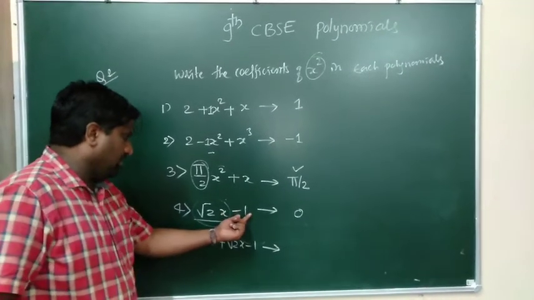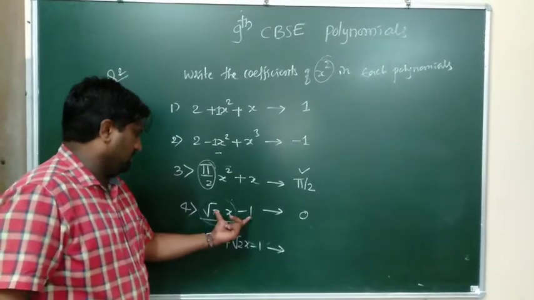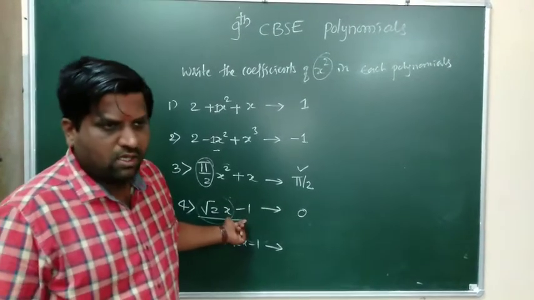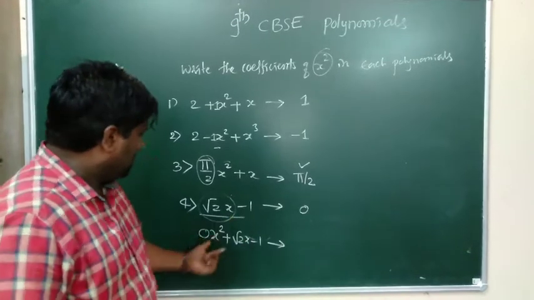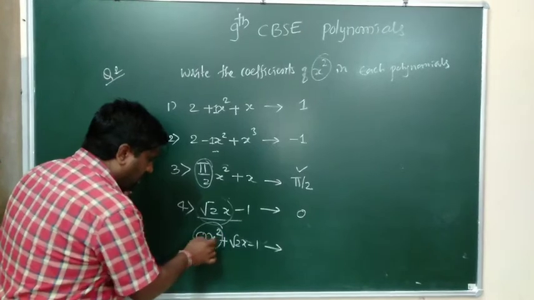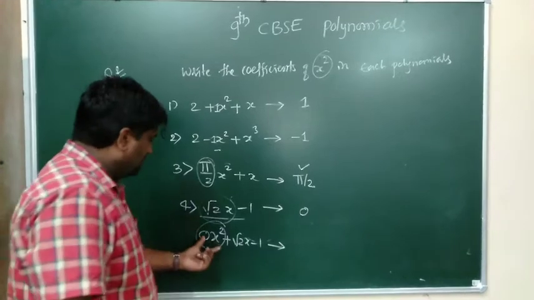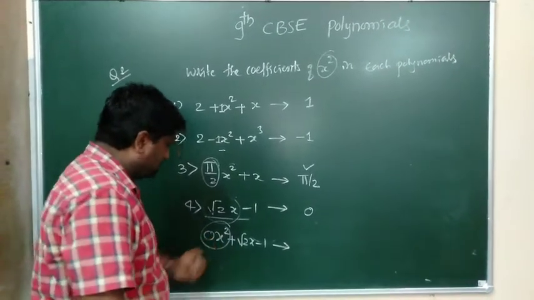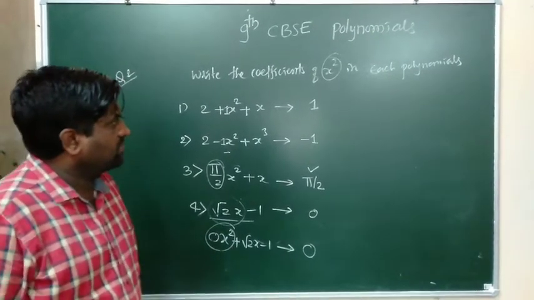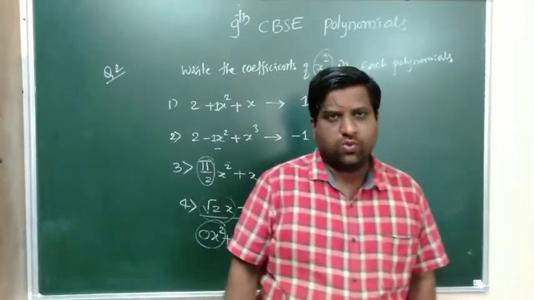I have the right to add 0 at any time. It doesn't carry any meaning. If you add 0 or subtract 0 from the given expression, it doesn't make any difference. So I am multiplying 0 into x square, and how much does it become? Again 0. I am just adding 0 to this value. On this basis, if you compare, the coefficient of x square is 0. This is how we solve this kind of example if the given term is not there. So this is all about question number 2.